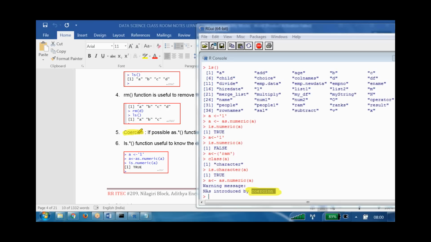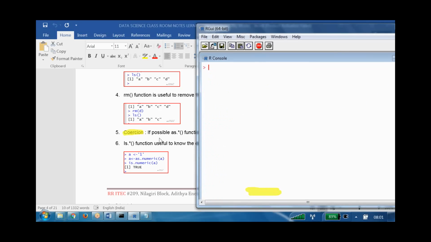If possible. And we have as dot numeric, as dot character, as dot logical, as dot whatever data types we studied. And is dot works the same way, is dot numeric, you can type here. Let me press Control L. Then is dot.